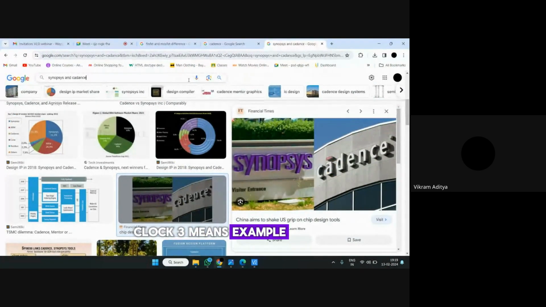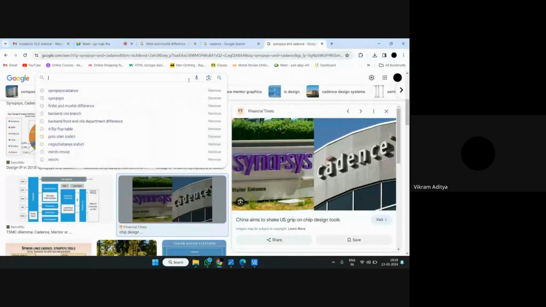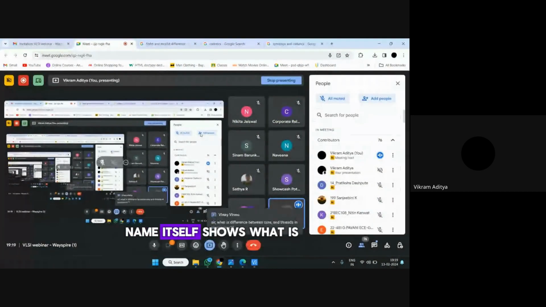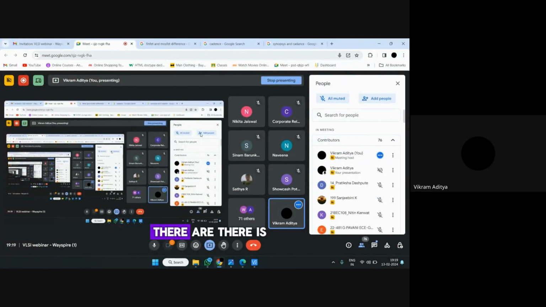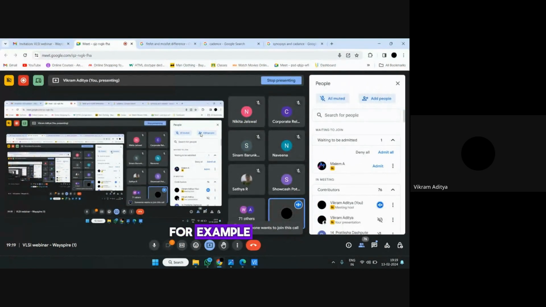Clock tree means, for example, you know trees, right? Clock tree synthesis. The name itself shows what it is. There will be a core, and there will be multiple cores, right? For example, when